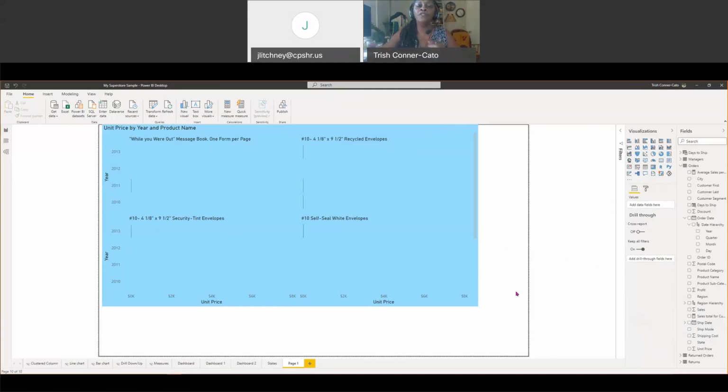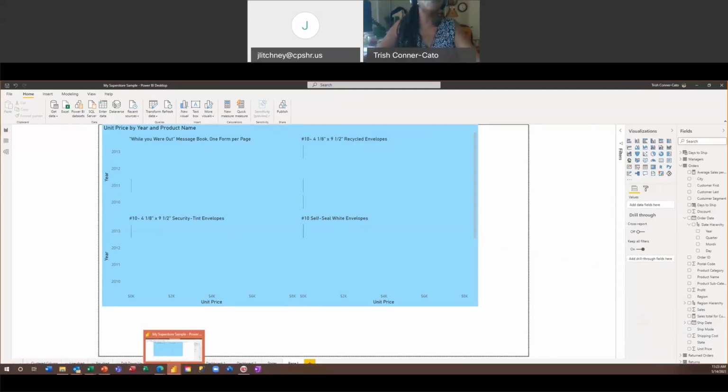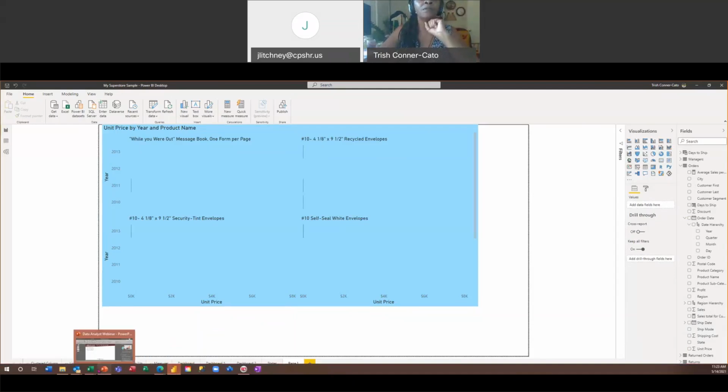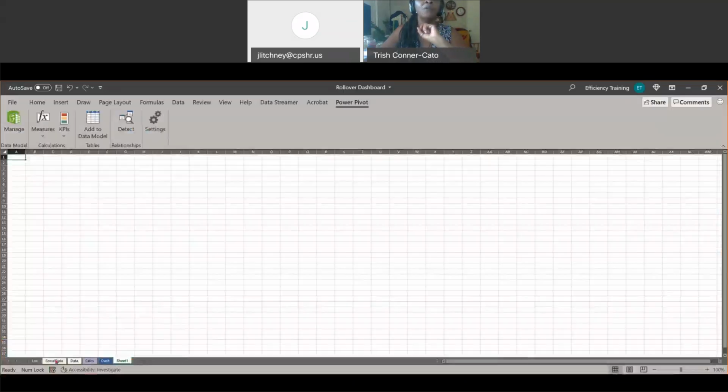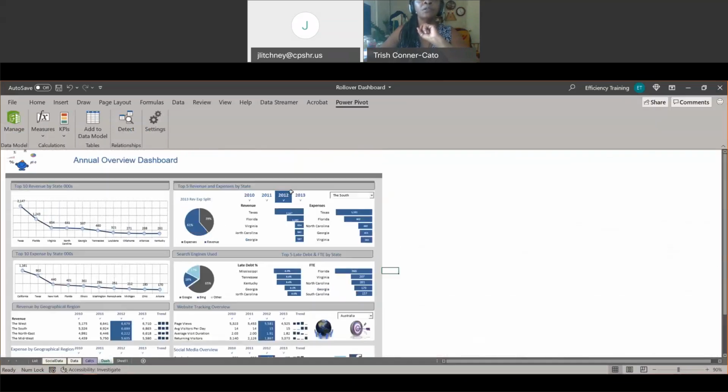So the 3 parts of the data track are working with raw data, and you saw the raw data versus the scrub data, using Power BI to organize your data, and creating dashboards in Excel. So a dashboard exists. There's an Excel dashboard, there's a Power BI dashboard. So this is the Excel dashboard. You'll learn all the tools you need to be able to build something like this